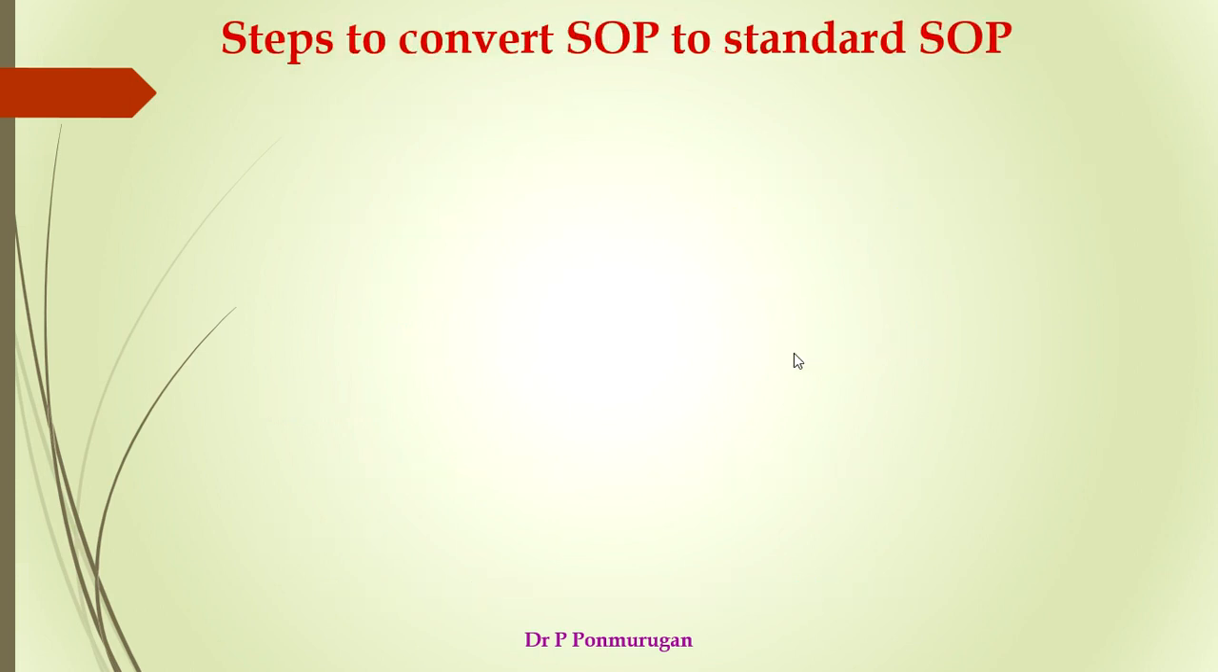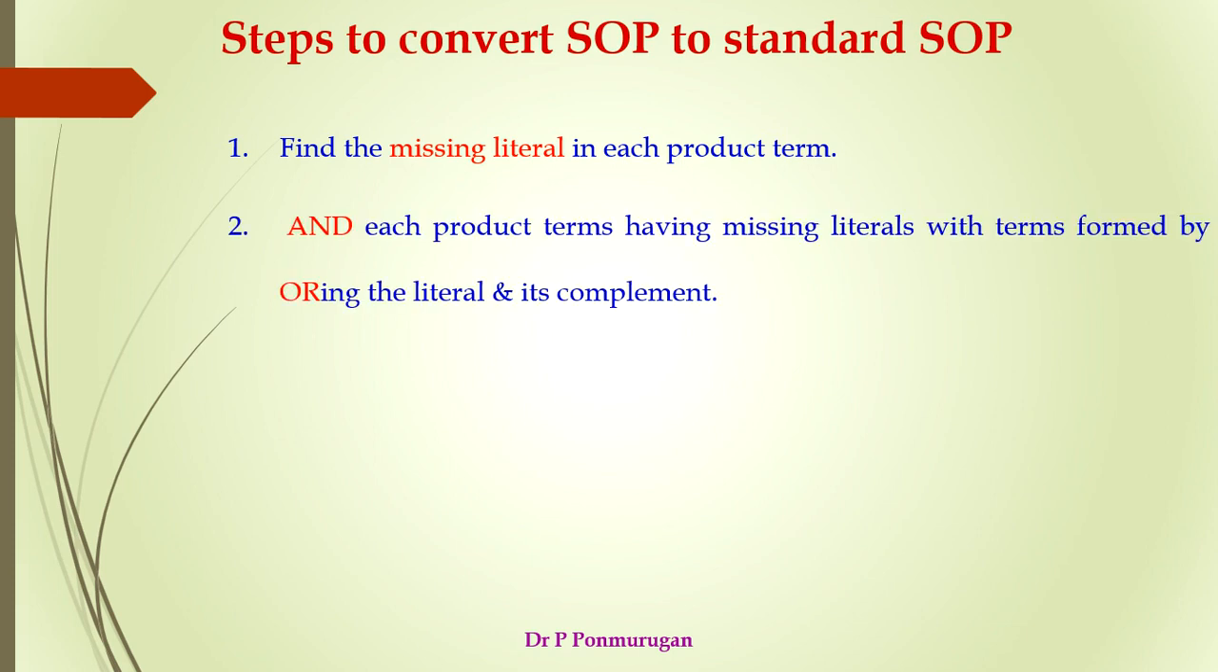So next is, how can we convert a normal SOP to its standard SOP representation? It follows a step-by-step procedure. First, we need to find the missing literal in each product term. Then we need to AND each product term having missing literals with terms formed by ORing the literal and its